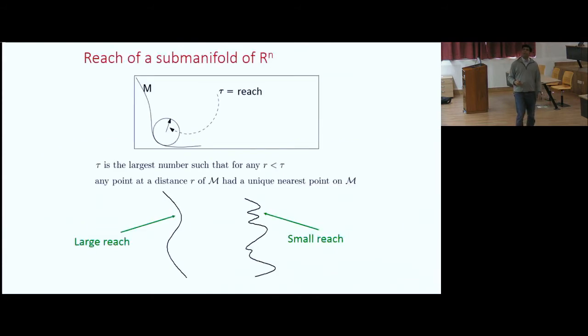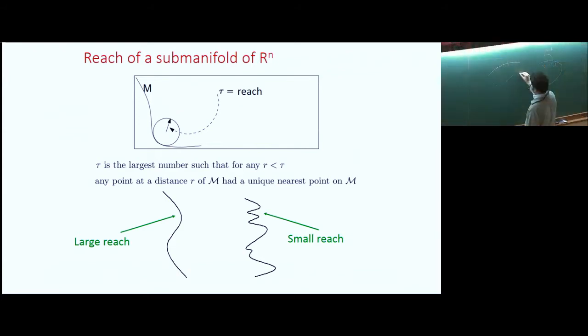So this is what we mean by the reach of a submanifold. In the previous lecture of Satya, we saw the osculating circle. The reach is related to the maximum or the minimum size of an osculating circle, but it's not exactly that because it encodes some global information as well. What it does is it's the largest tube you can have around a manifold with the property that the tube does not self-intersect. So if this is the manifold, then